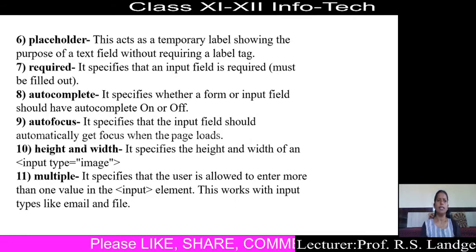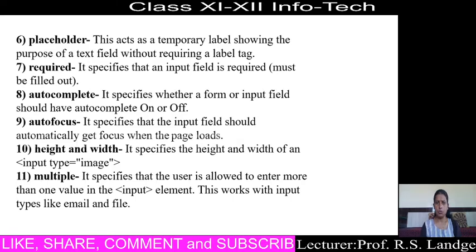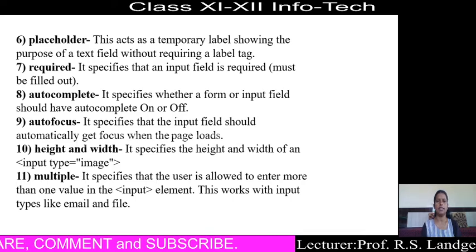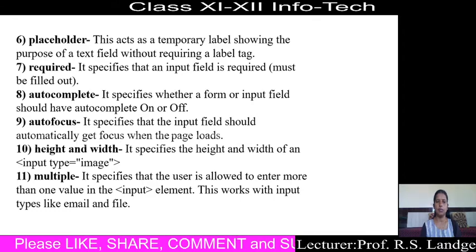Then the next attribute is required. If we want to create an input field where it is must or compulsory to put a value, then the required attribute can be used. Then the next restriction attribute is autocomplete.